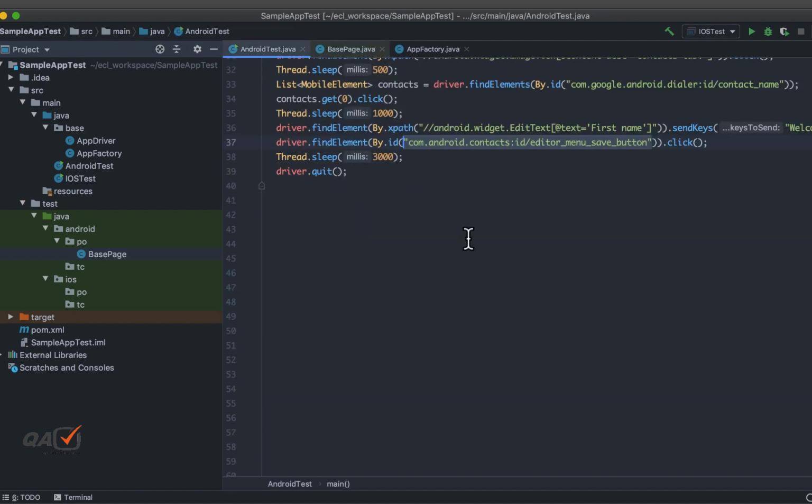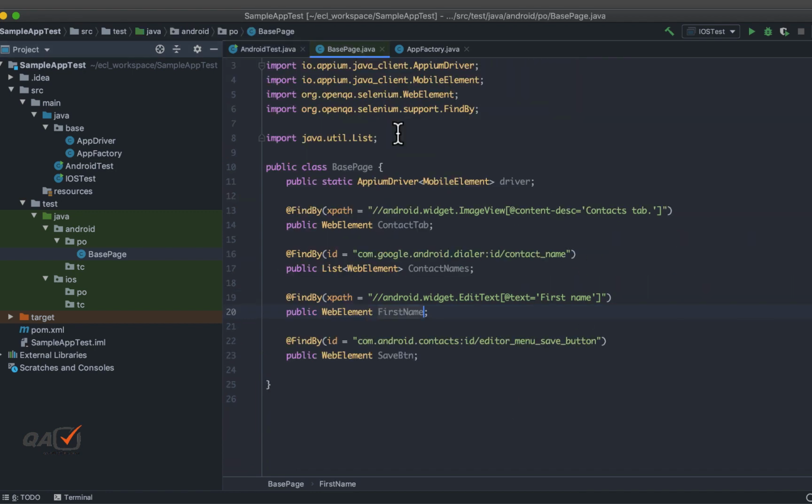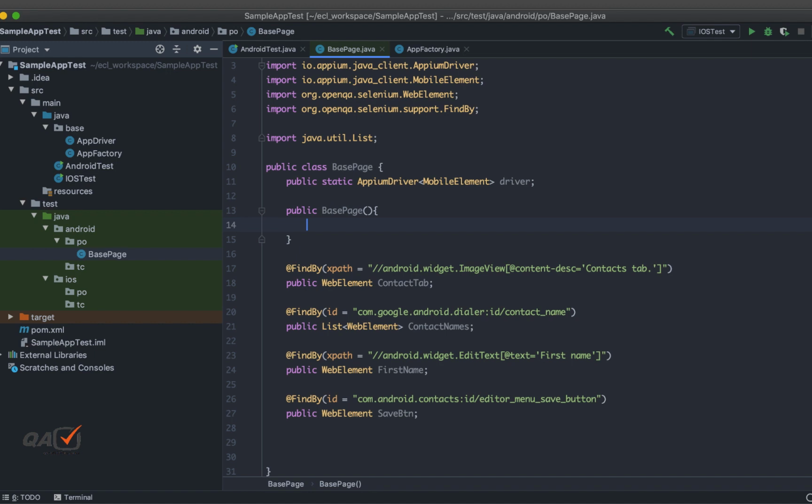So let's see, I have only 4, 1 2 3 4. So 4 elements are identified on the base page, and as I told, we need to initialize the driver here. So for that reason I'll create a constructor. Let's create a constructor that is nothing but base page, and this constructor should hold the page factory, that is page